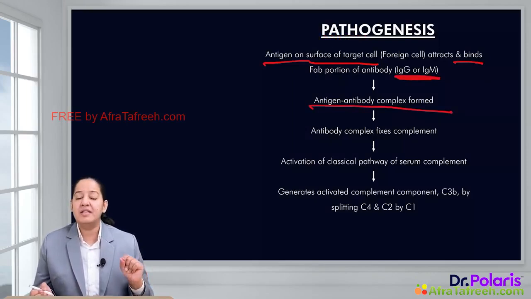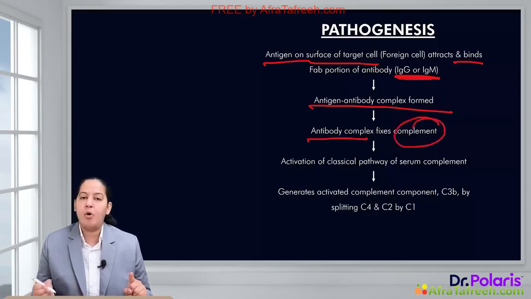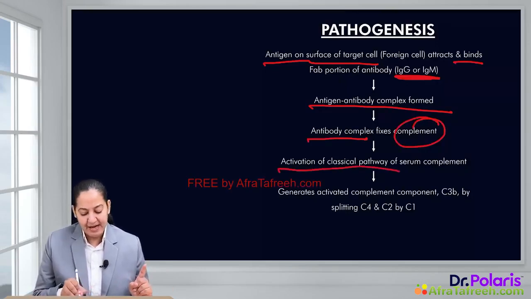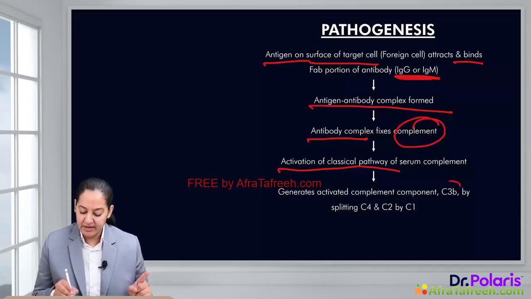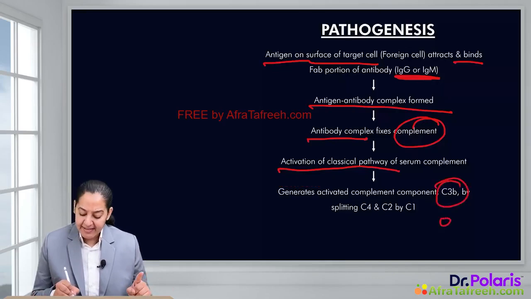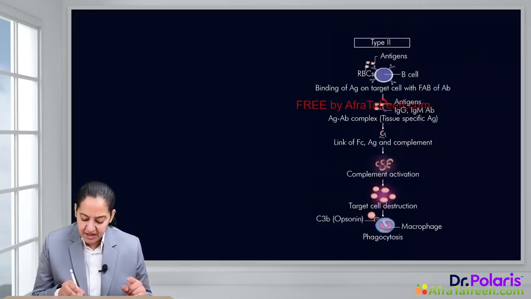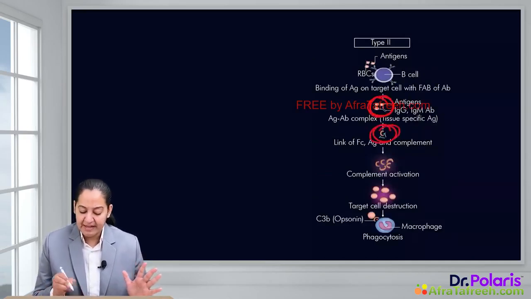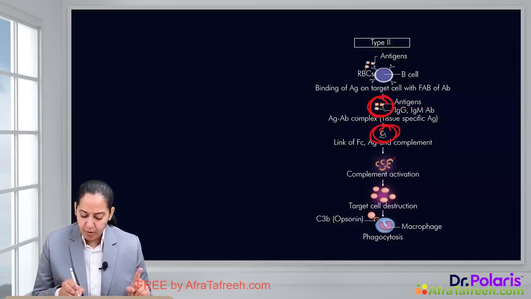In the circulation, these antigen-antibody complexes will stimulate the complement. They will fix the complement. Here, the classical pathway of the complement system is activated. The most important complement which gets activated here is C3b. C3b acts as an opsonin that will attract the phagocyte. You can appreciate these are the antigen-antibody complexes formed. They will activate the complement. Here the complement activation takes place via the classical pathway, and the most important complement which is activated is